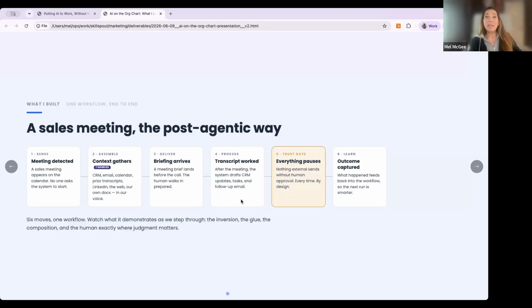Then after the meeting, the system looks up the transcripts and drafts HubSpot CRM updates, updates tasks, what needs to happen, and even drafts a follow-up email. At this point, everything pauses and nothing sends until I have my eyes on it and review it.